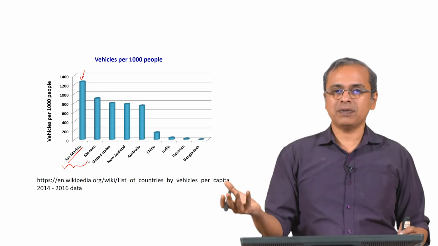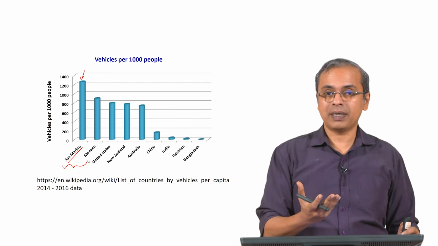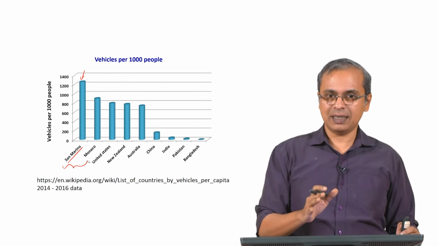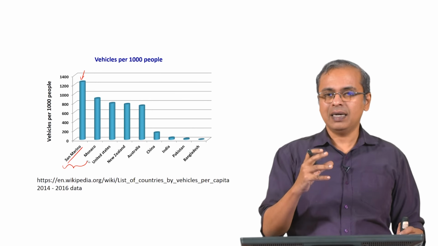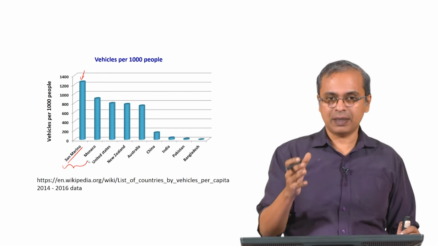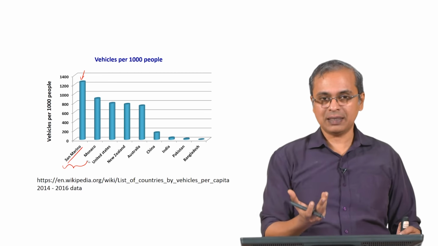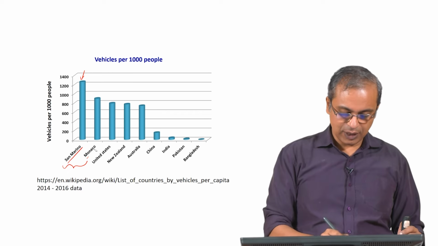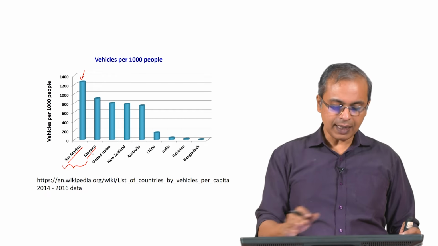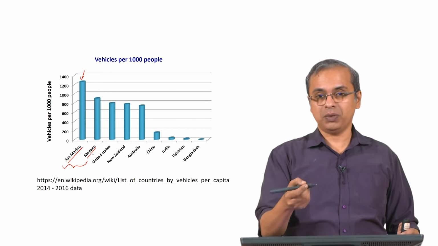We have wide diversity in the kinds of people who are present in our nations, what background they have, what economic factors are involved in their lives. That background is not really there in these tiny countries. They are a very different set of people from a statistical standpoint. So, they are at one end of the society statistically and they have become a country. That is the reason why these two tiny countries located in Europe have this distinction of having the largest number of vehicles per 1,000 people.